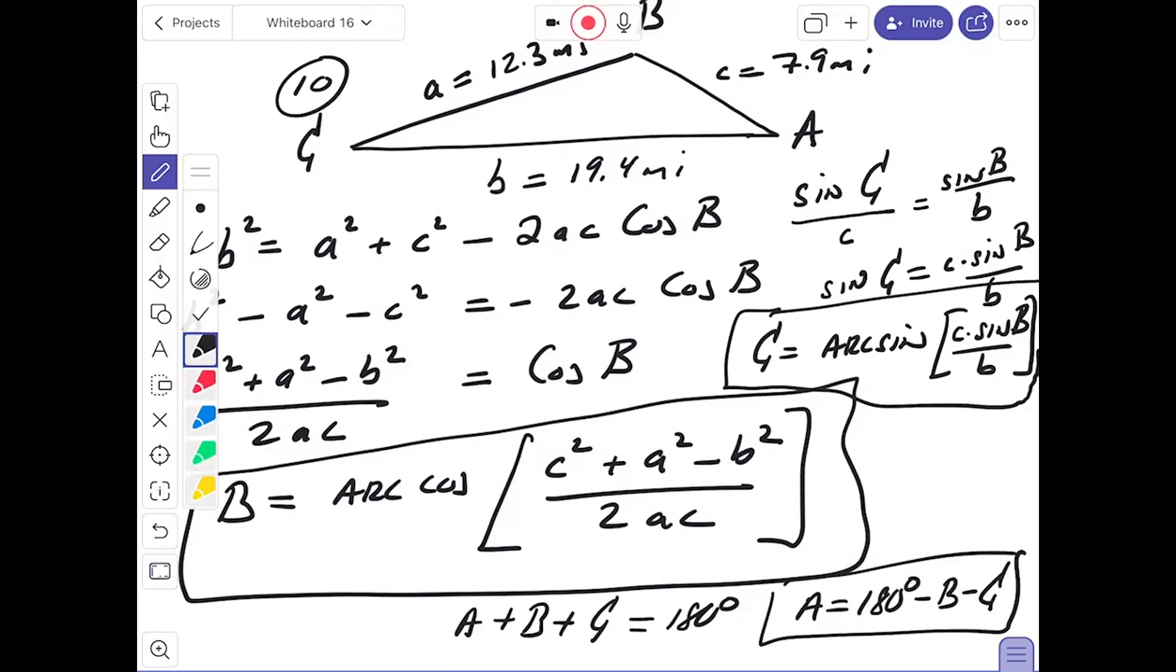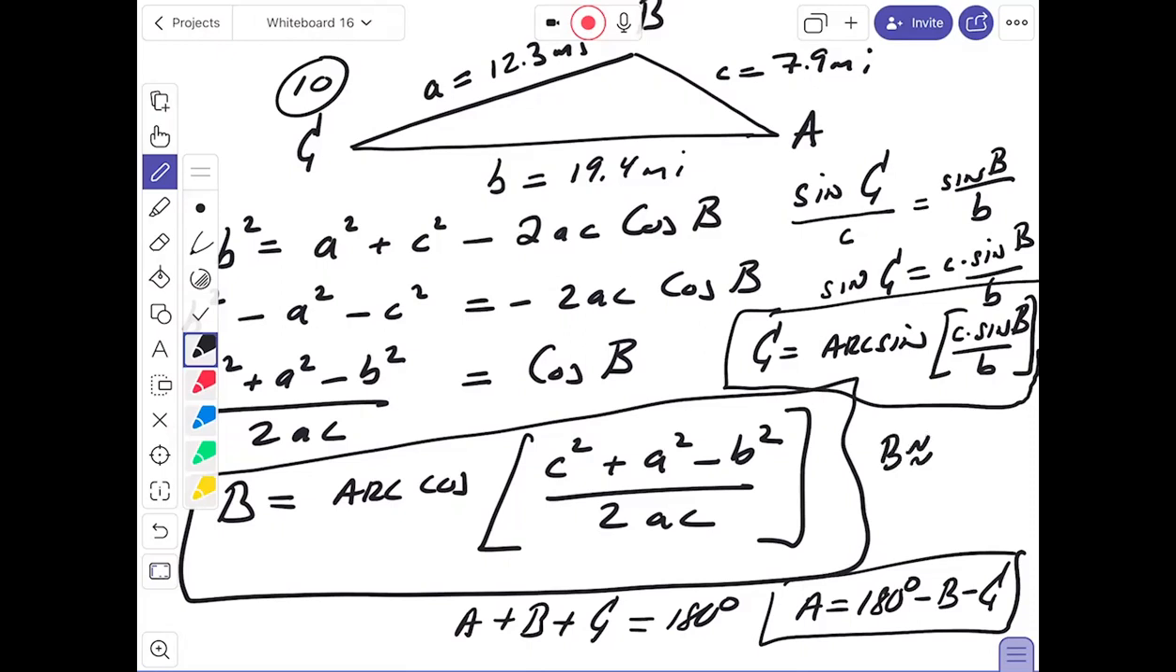So what's C squared? That's going to be 7.9 squared plus A squared. That's 12.3 squared. And no, I don't need to tell you what that is. My calculator is doing a computation. And then minus the B squared, which is 19.4 squared. Then I'm going to divide that number by 2, divide by A, and divide by C, which is 7.9. And then I'm going to take the arc cosine of that number. And I'll do that for you. Got to look at my calculator, right? And I get